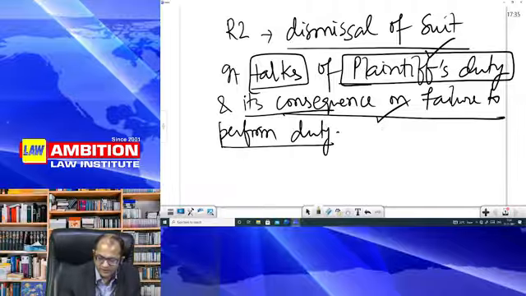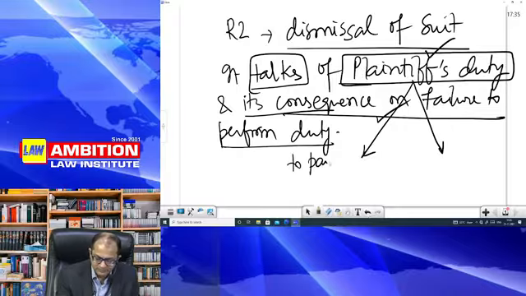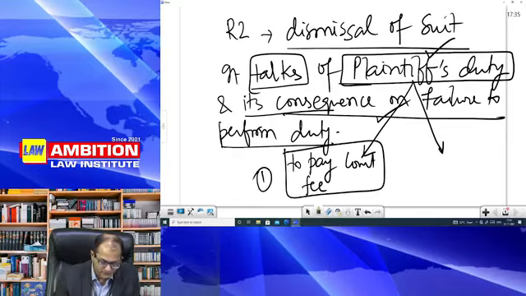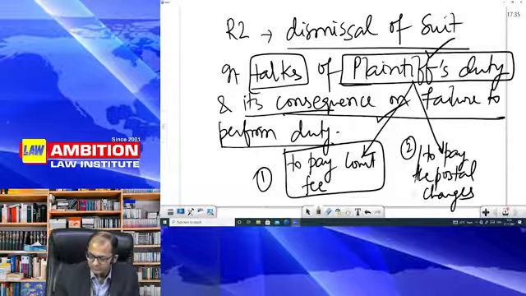So what are the plaintiff's duties? The first is to pay court fees. This is the plaintiff's duty, number one. Number two, to pay the postal charges. Number three,